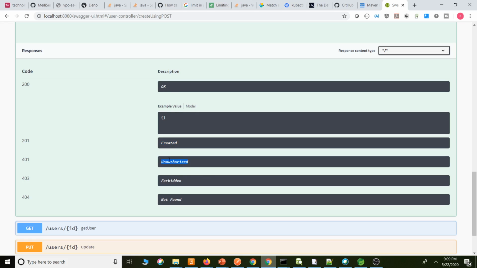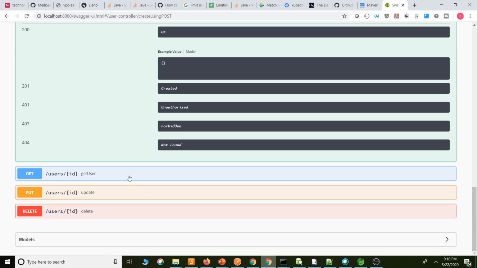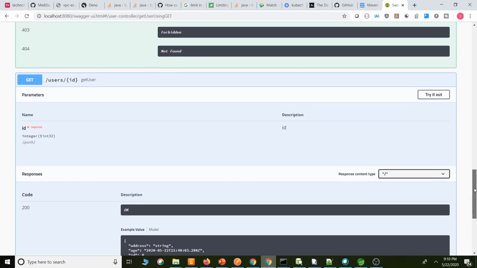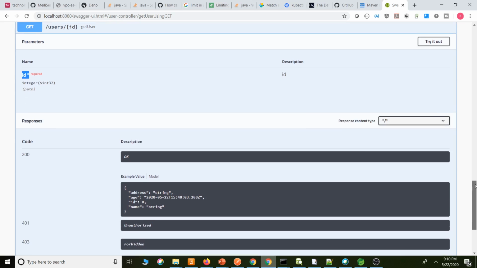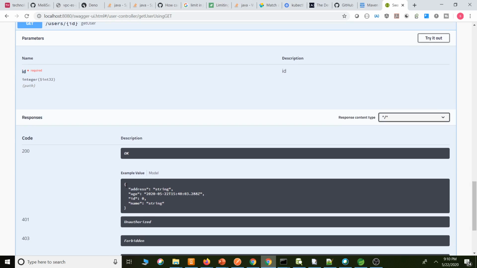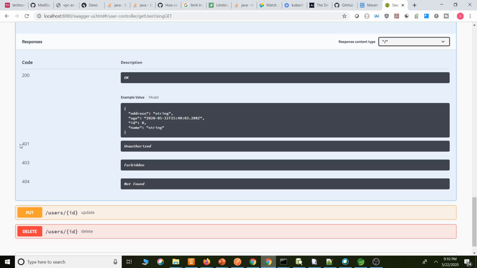Other things like unauthorized, forbidden, not found, these error codes we will get from the server. For get also, we need to pass the ID, which is a mandatory parameter, and the response will be the user model. These are 401 unauthorized, 403 forbidden, and 404 not found.